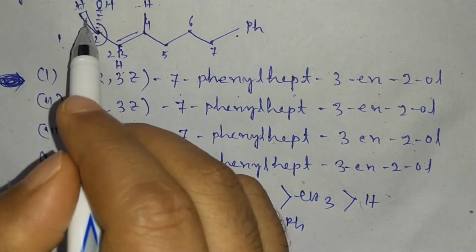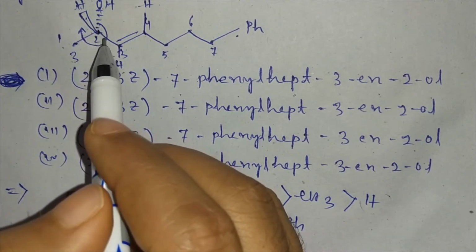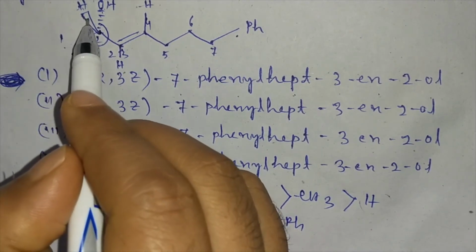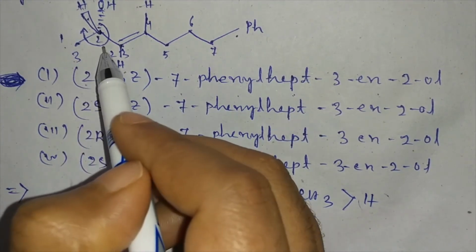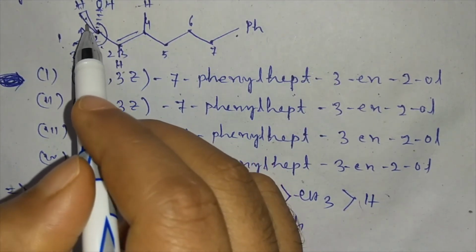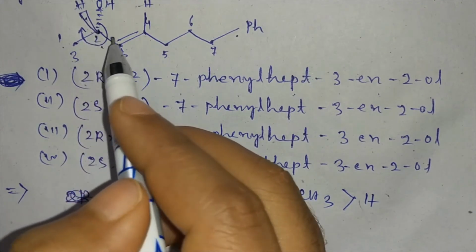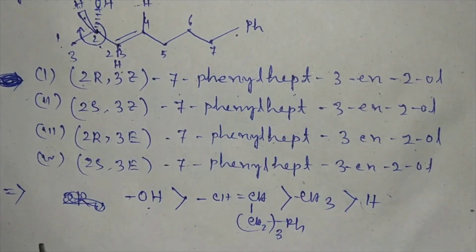But then the hydrogen is below the plane, but in actual case the hydrogen is above the plane. So for clockwise direction it will be R, but as the hydrogen is above the plane, it will be S. So the configuration will be 2S,